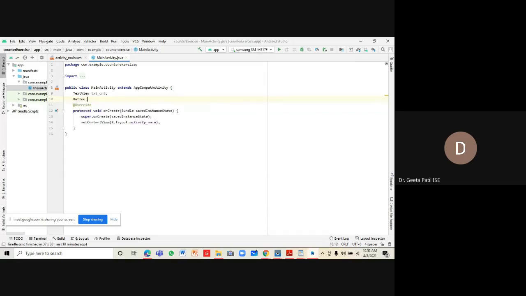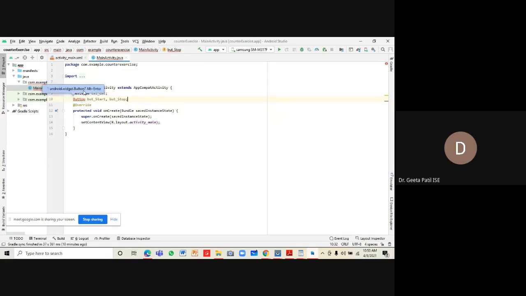We will create button_add, which should be linked to the button in XML. Then button sub, sorry, not sub. The names of the buttons are button start and button stop. Sorry for the naming convention. We have button start and button stop. Right, so this is created.